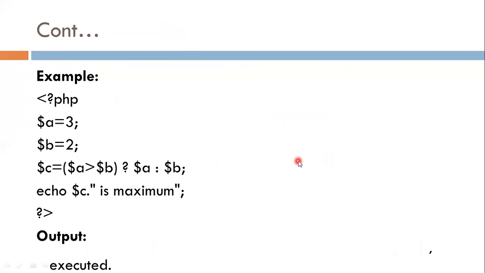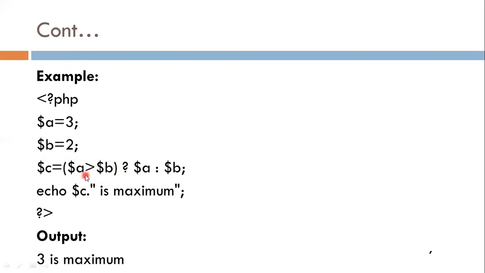Now here is one example: to find the maximum number from 2 integer numbers. Here I declared 2 variables, first $a with value 3 and second variable $b with value 2. Now I write a ternary operator.